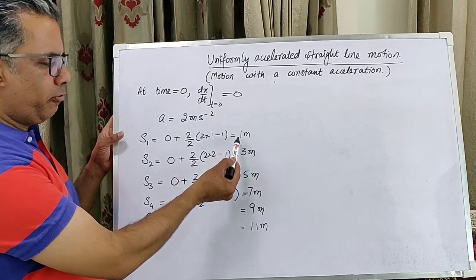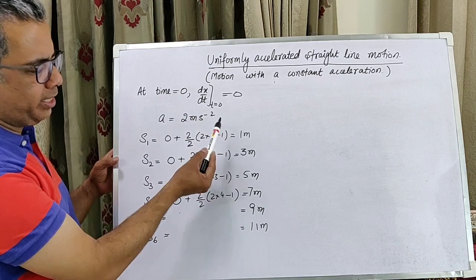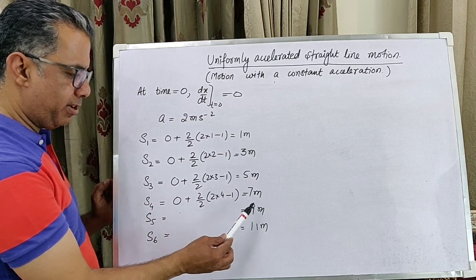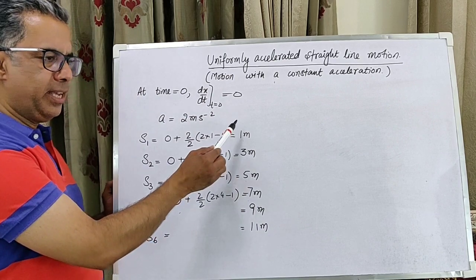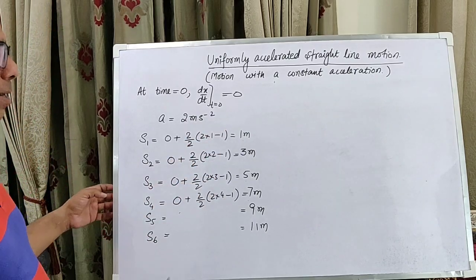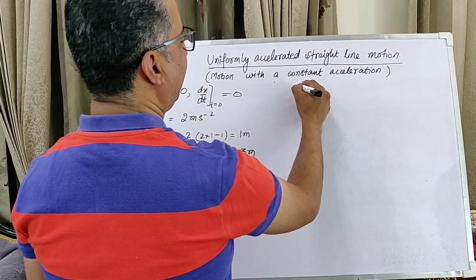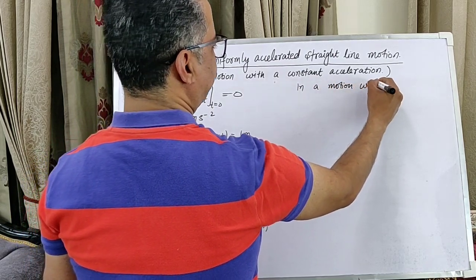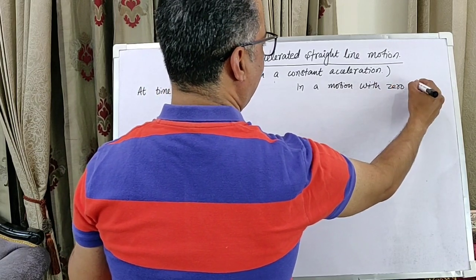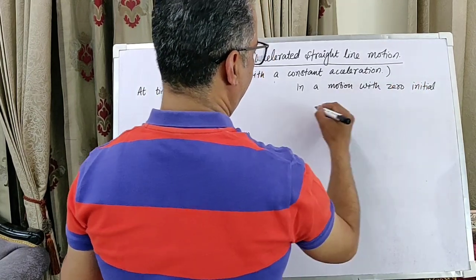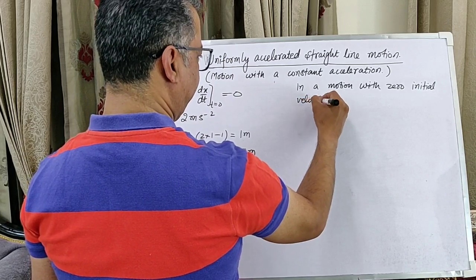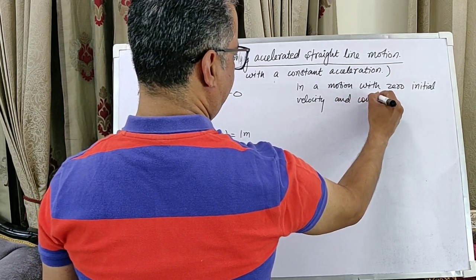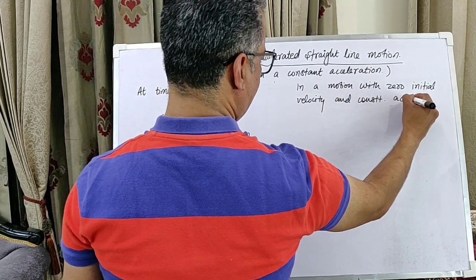Now, the ratio of these displacements in successive equal time intervals is 1 is to 3 is to 5 is to 7 is to 9 is to 11. That's the odd numbers, the odd natural numbers. So in a motion with 0 initial velocity and constant acceleration,